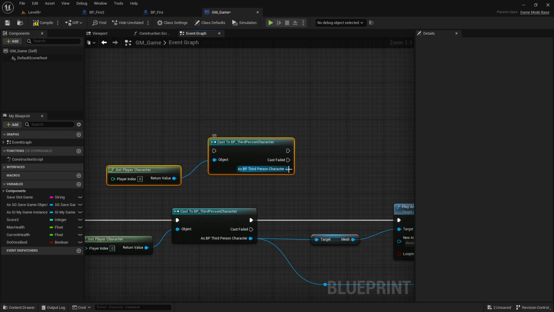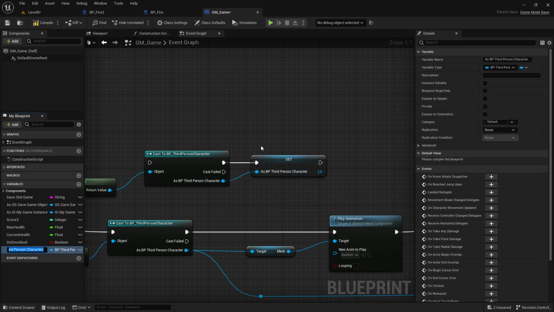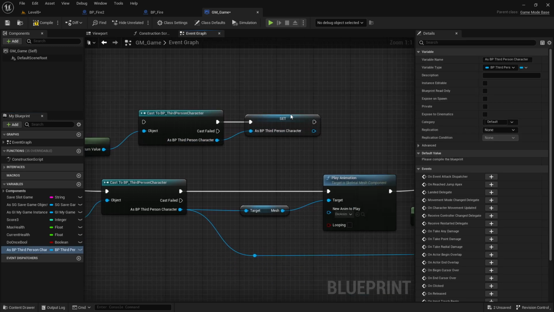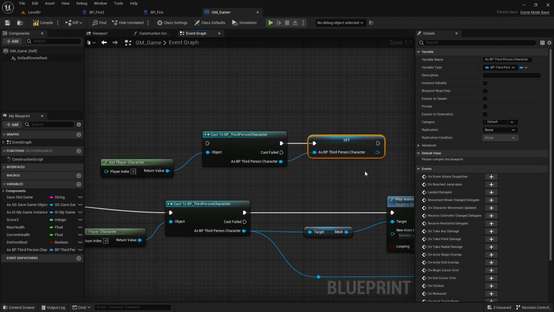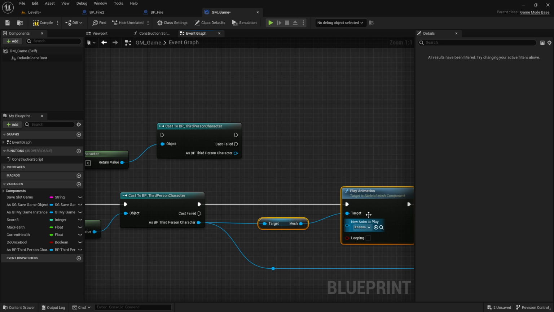And now I have a reference. Of course, you can make here directly a promote variable, because many do this so they can access this later as well if they need it. But I didn't, because I want to just call one thing here, which is just this